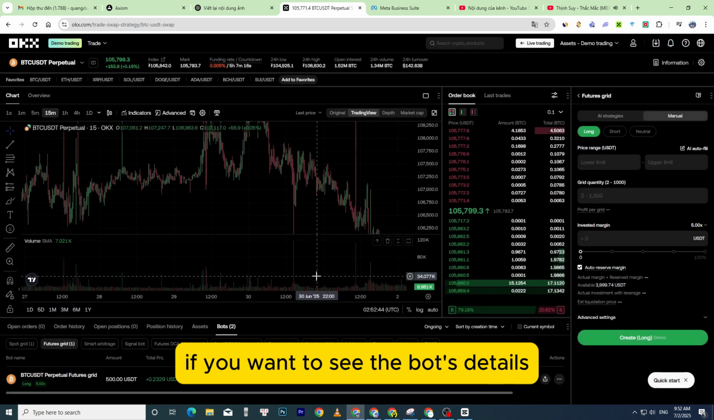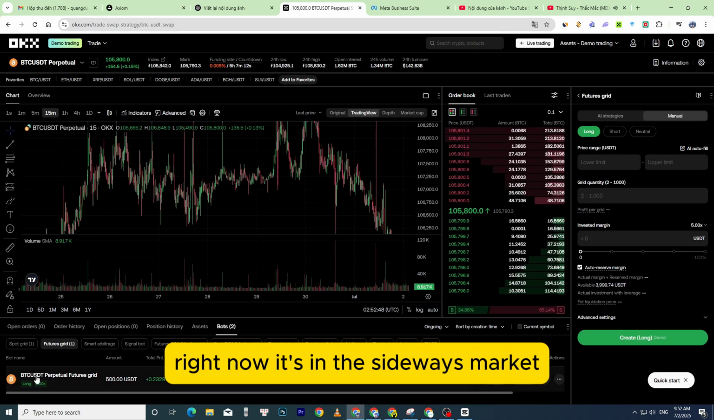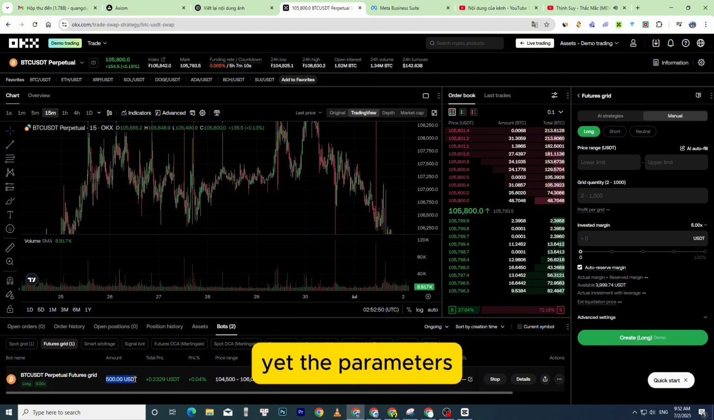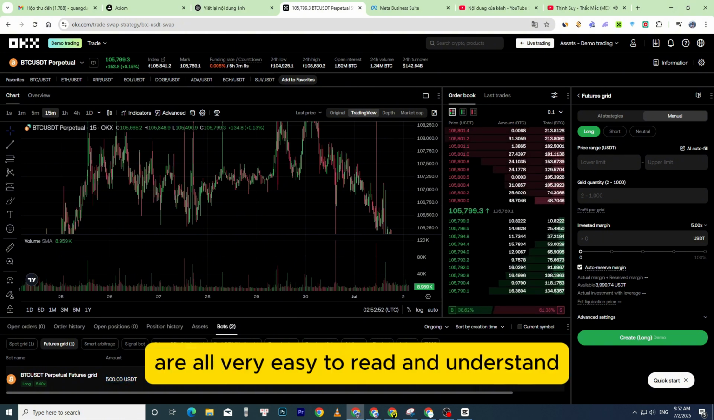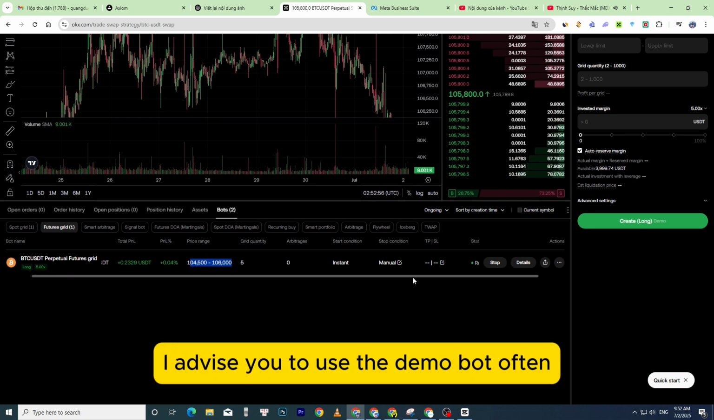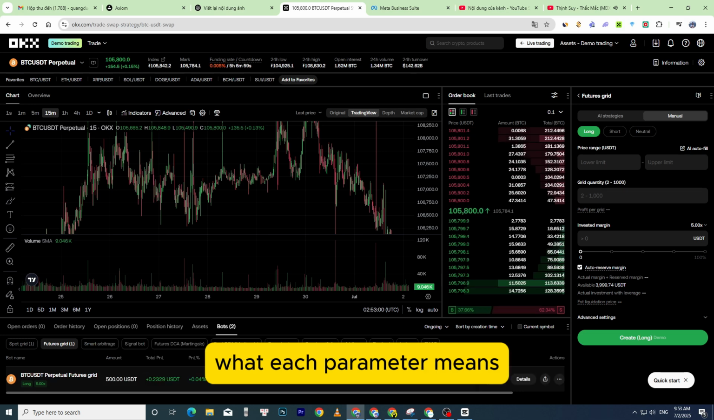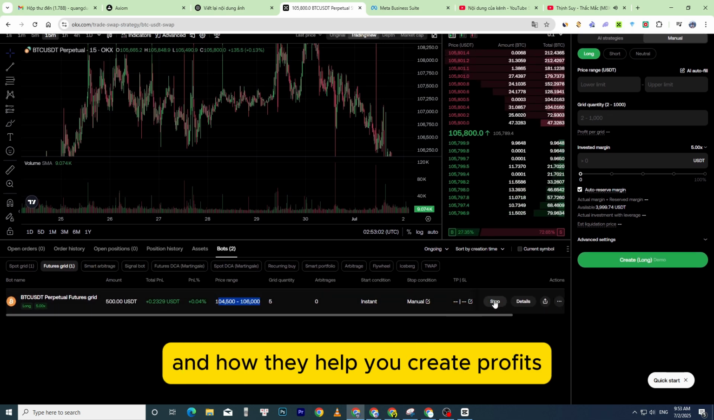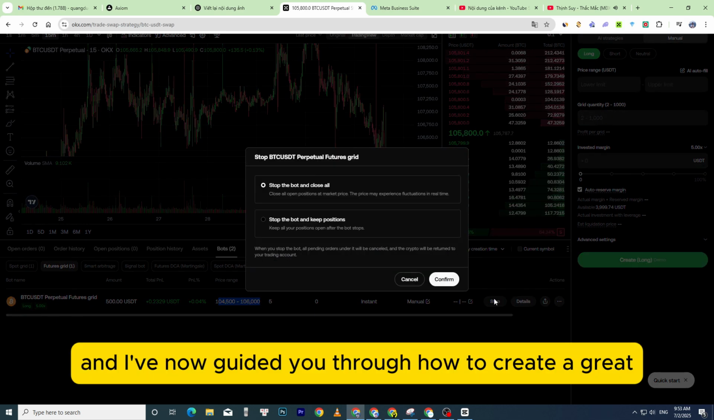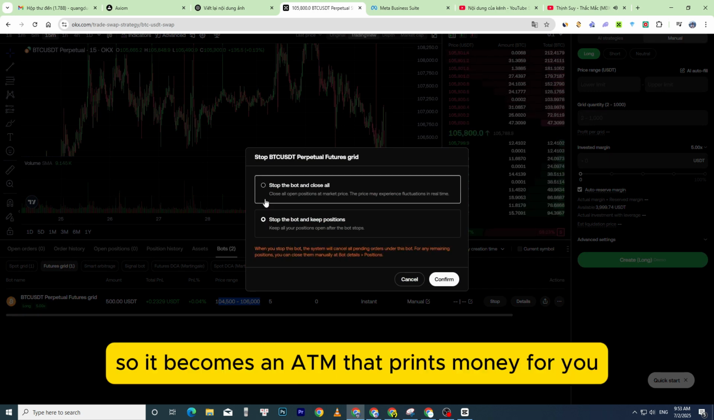If you want to see the bot's details, just click on the details section. Right now, it's in a sideways market, so it hasn't made profits yet. The parameters are all very easy to read and understand. I advise you to use the demo bot often so you can better understand the platform settings, what each parameter means, and how they help you create profits. And I've now guided you through how to create a grid bot on OKX so it becomes an ATM that